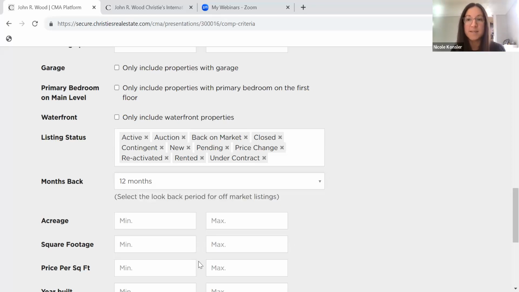Acreage, square footage. So all of these details you can fill out to, again, comb through your MLS to get search results that we're going to look at on the next screen. I do advise you when you're putting in the search parameters, the more granular you get, so the more specific you get in this section, when you get to section 3, which we're going to get to in a moment, you might not find as many search results. And I just like to point this out because in your MLS, certain sections aren't required to be filled out. So let's say price per square foot or square footage wasn't required,